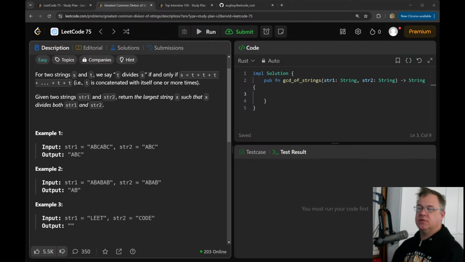Let next T equal T dot next. We need to know if we're at the beginning. Well, we will need to know that, so that's going to be an optional.